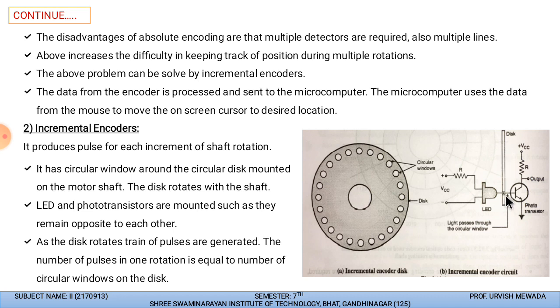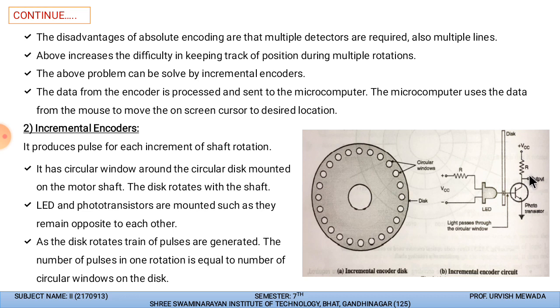At the point where we created the hole, we place our LED source, and in front of the LED, on the opposite side of this disk, we place the phototransistor. The LED is continuously on, and if light from the LED penetrates through the disk, it will be sensed by this phototransistor, and